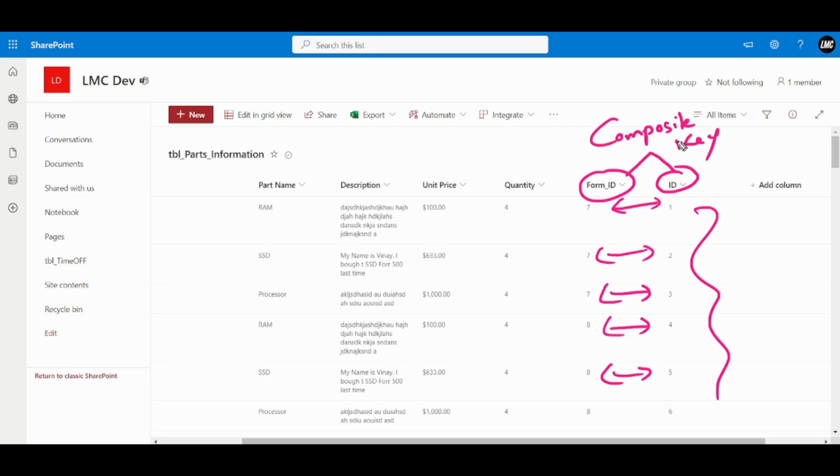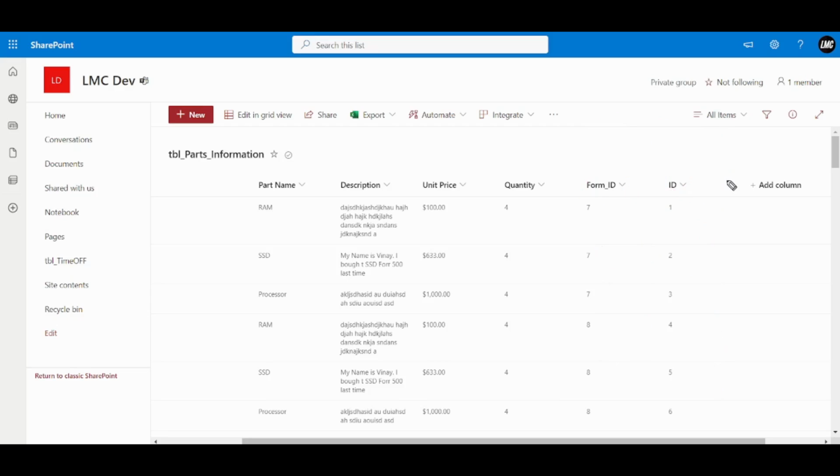Now you might ask me, why not use IDs only? The reason is simple. If I simply use IDs, how am I going to know what the records are for this 7? So for that I need this form ID as well. All right,